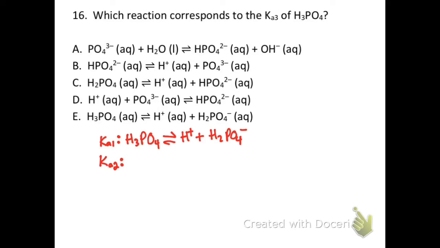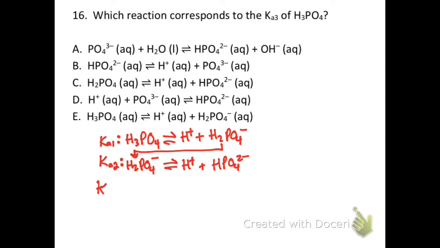Okay. Note, I'm not doing that here just because I'm running on a tablet, taking more time, but these are all aqueous species. All right, so Ka2, we're basically taking the first conjugate base, and we're dissociating that further because it has 2 more protons it can lose. So it's turning into H plus and HPO4 2 minus, where each Ka is a loss of a subsequent proton,